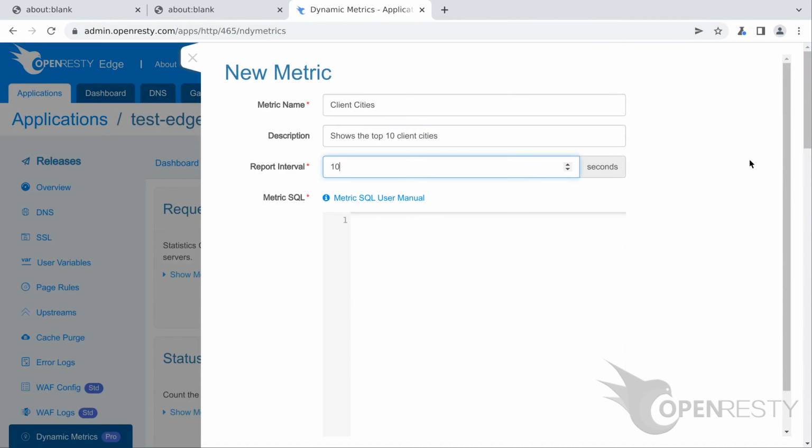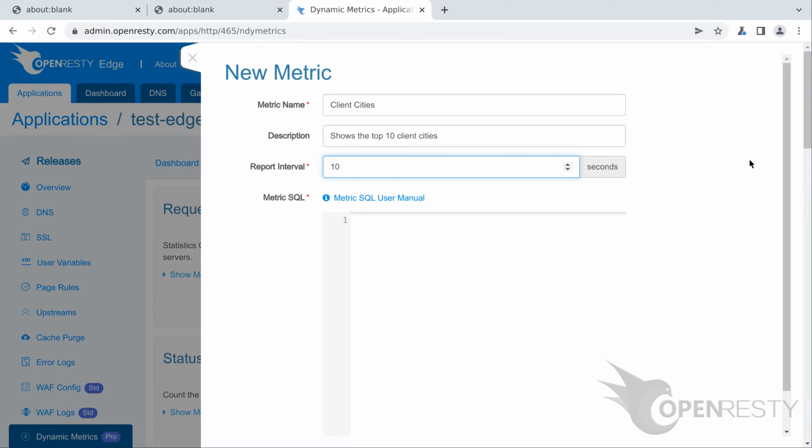Specify the data reporting interval. It is the time period for reporting aggregated statistics from the memory of the gateway servers to the Edge log servers. The data then gets displayed in the Edge admin console. Just for convenience, we use 10 seconds here. Such short reporting intervals have a relatively high overhead though.